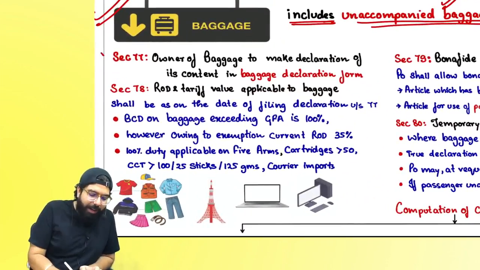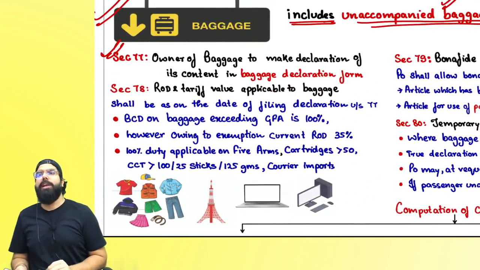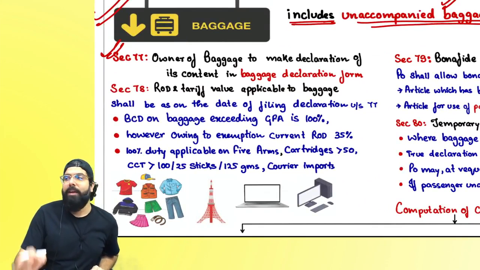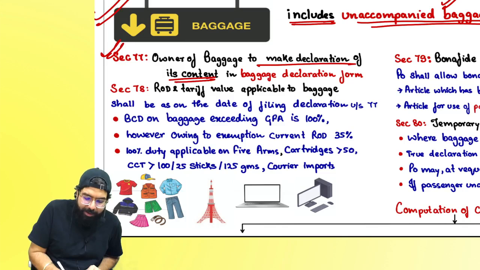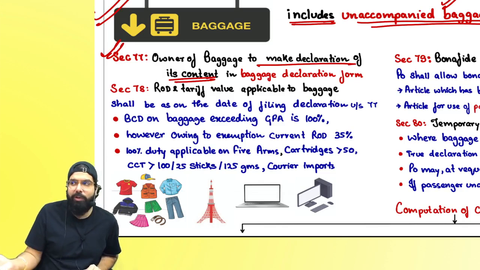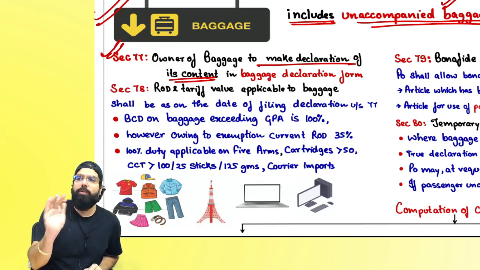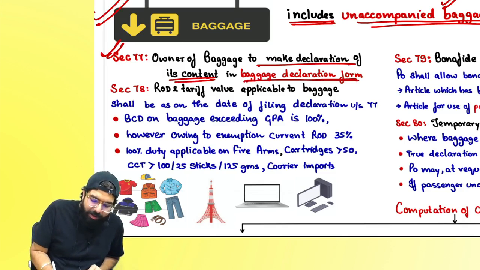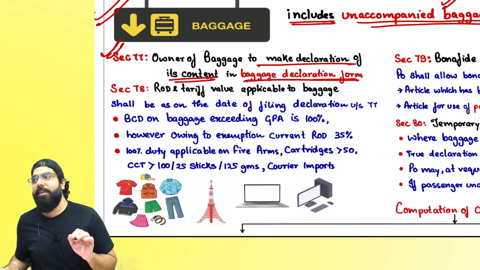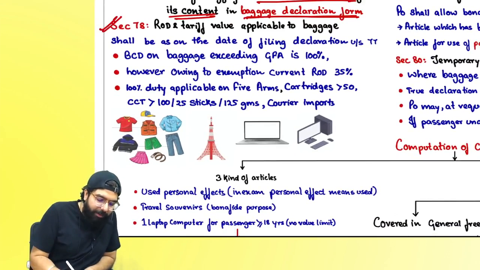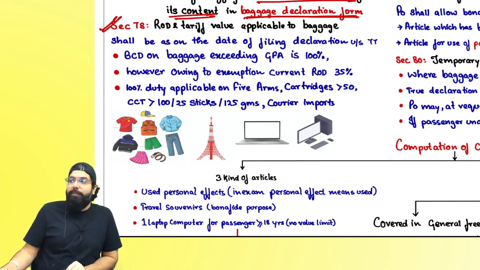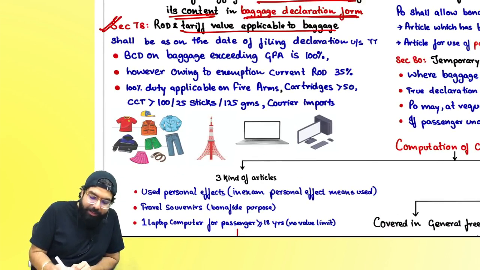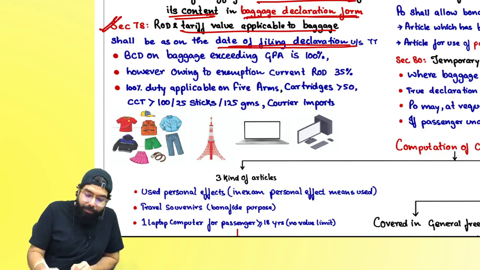Now, in the baggage chapter, section 77 says that the owner of the baggage has to make a declaration of the contents of the bag. Basically, when you are coming from outside India, you declare what things you are bringing with you, and that form is known as the baggage declaration form. Section 78 says the rate of duty and the tariff value applicable to baggage are those on the date of filing of the baggage declaration form